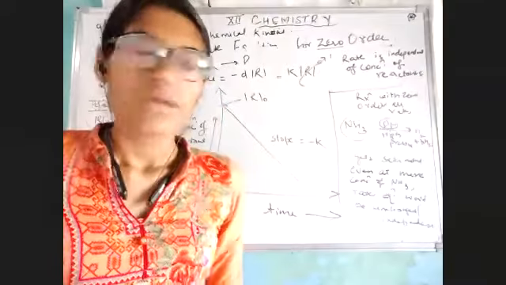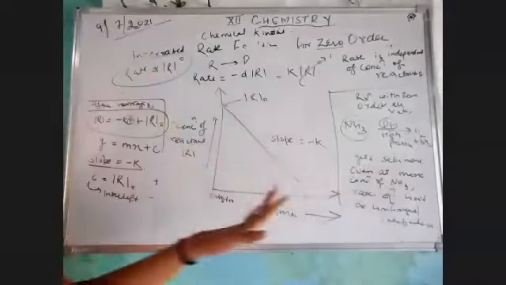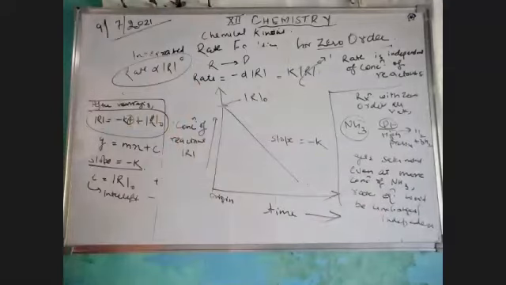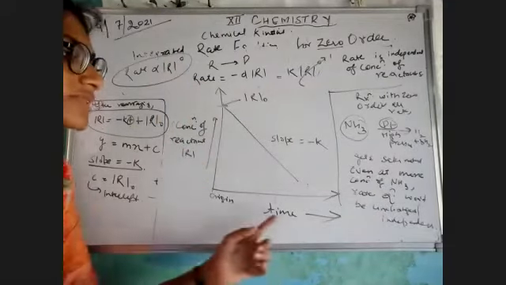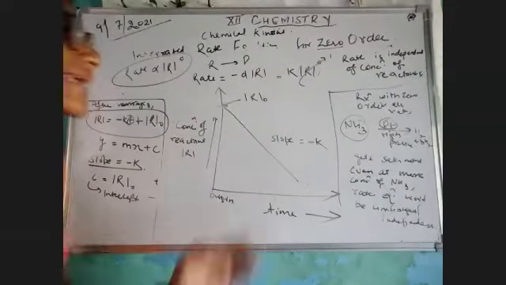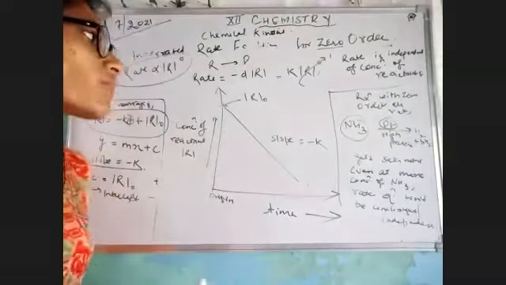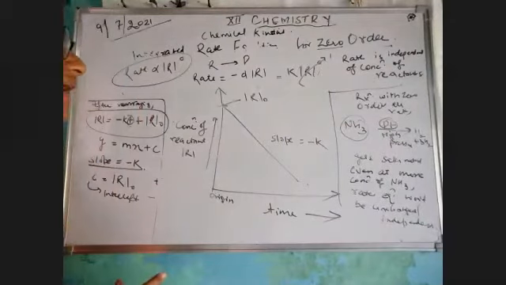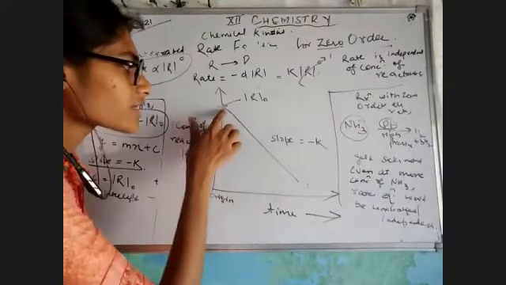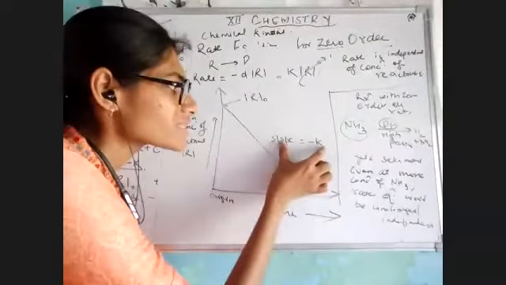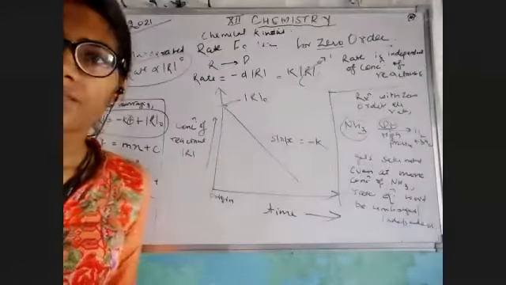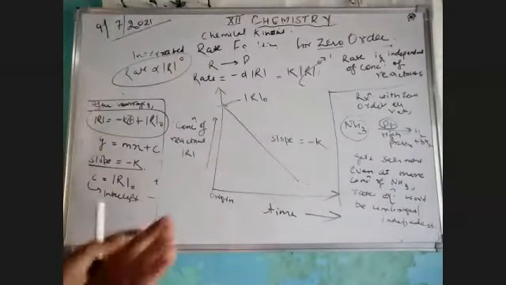Okay, and how does it happen? We will get a graph so that we can show that there is a relation between our concentration of reactants with respect to time. Okay. And as we have seen, there is not much dependence upon the concentration of reactant, and the reaction shows that my graph is decreasing because my slope is in the negative form. Okay, all right. Now we have done.